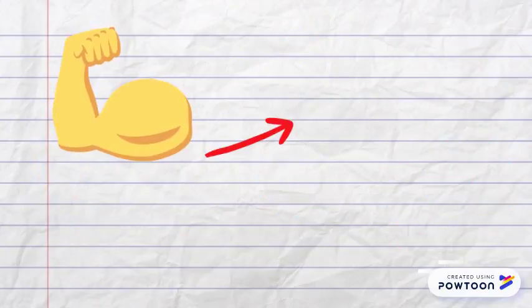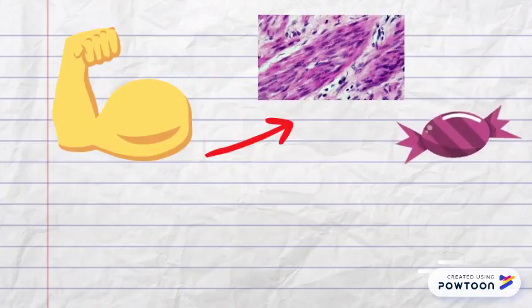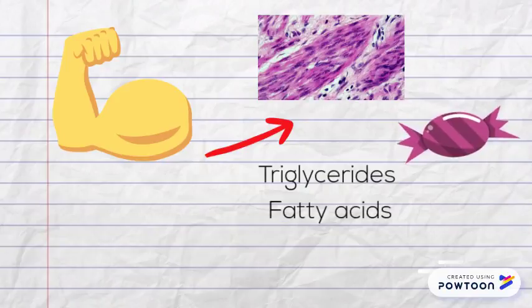The muscle, after depleting its own glycogen reserves, will use its large reserve of triglycerides and fatty acids obtained from them, including the ketone bodies, before resorting to the use of its own protein and amino acids.